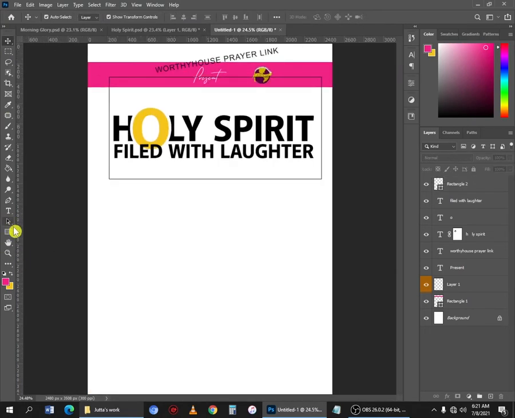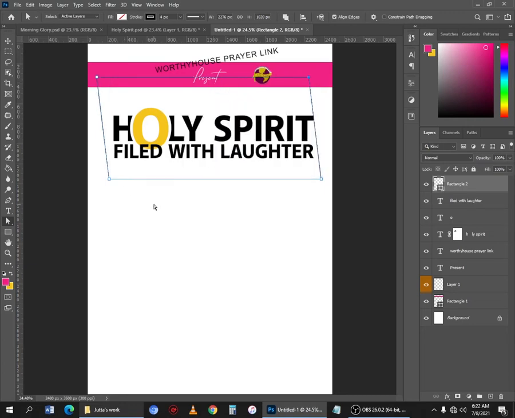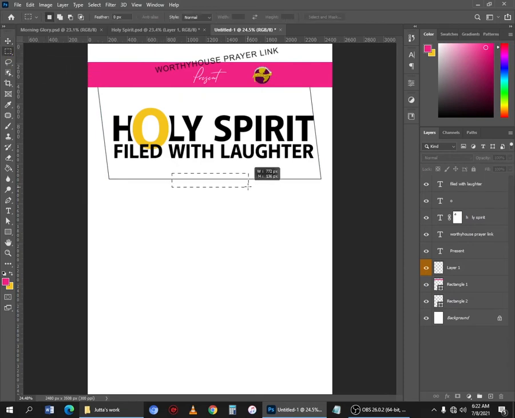So from here, I'll select the direct selection tool, and with the layer selected, I'll drag in the middle and hold the shift to keep the moving in proportion, and click on yes to accept changes. So you see that you have shifted the thing from this side to the other side. Then I'll make sure that I move the rectangle behind the first rectangle here, so that it will be under it. Then from here, with the help of rectangle marquee tool, I'll draw a rectangle shape like this,